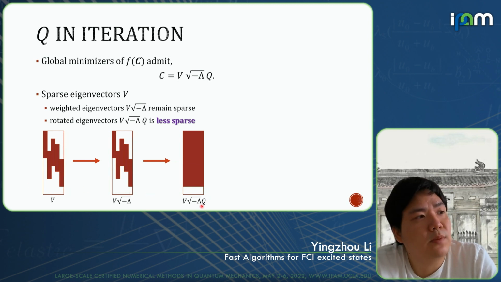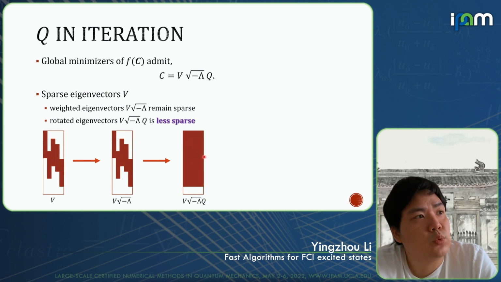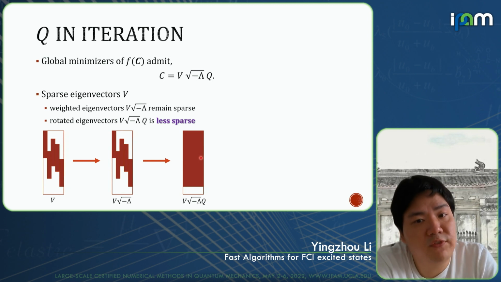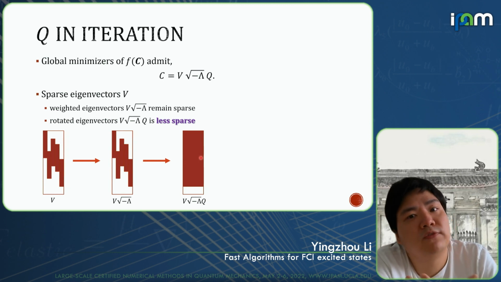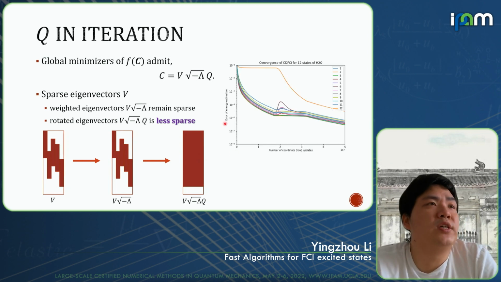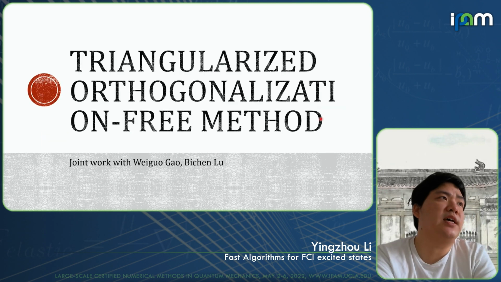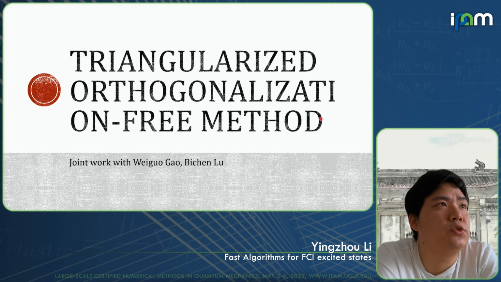So that's why, if we have Q come into play, then updating entries will be less important, because in the end we will have more dense rows. That's why in our CDFCI construction, we just updated the row, and we found it is still efficient compared to other methods. And the next reason we want to bring in Q is this bad convergence curve. That also motivates us to develop the triangularized orthogonalization-free method,